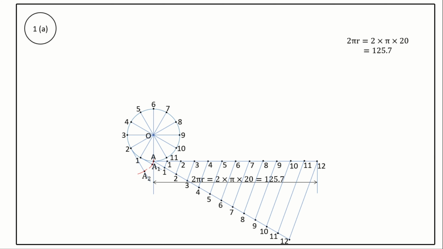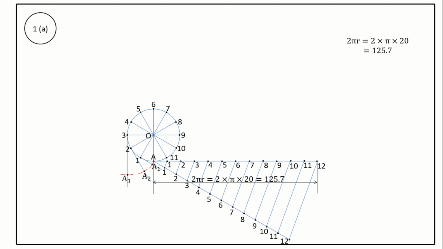Similarly, from the point 3 on the circumference of a circle, draw a perpendicular line to radial line O3. Take a protractor and draw a perpendicular line to O3 from point 3. This line is tangent to the point 3. Take a compass, measure the length A3 on the horizontal line with center point 3 and radius of length A3. Cut an arc on the line tangent to the point 3. Mark the point as A3.